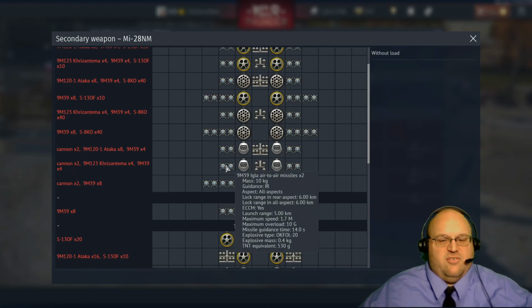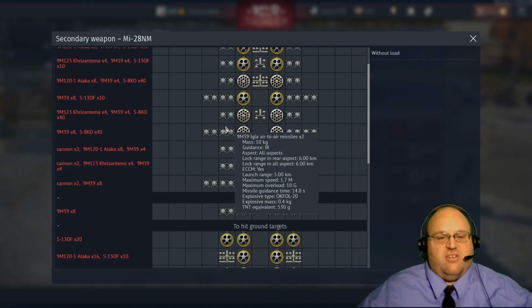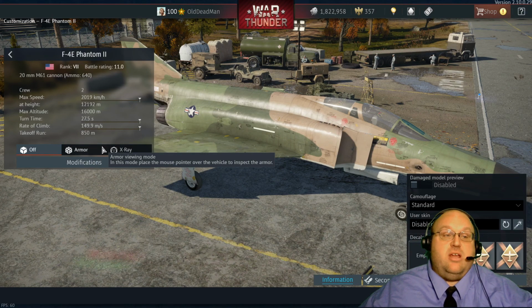The air-to-air missiles have a 6-kilometer range, so that's not too bad. At least their launch range is 5 kilometers. But they only go Mach 1.7, so some of the other aircraft in the game can actually outrun these if they really just pour on the coals. Another change: on the F-4E Phantom II, they're getting the Walleye guided bombs, so that's a nice change for